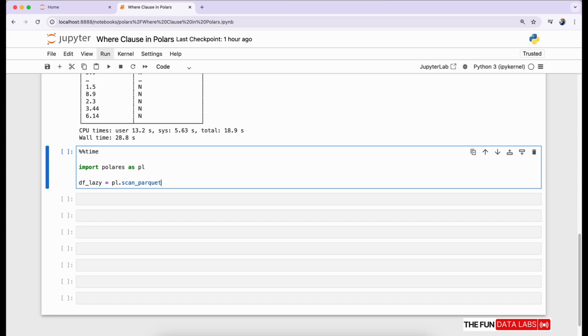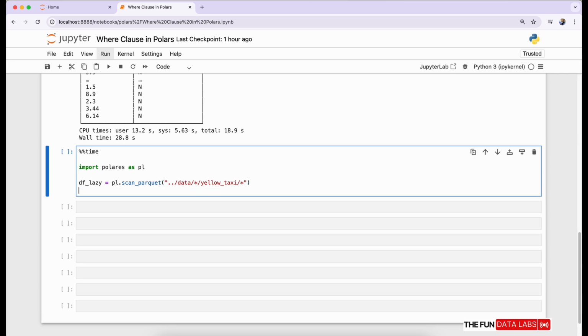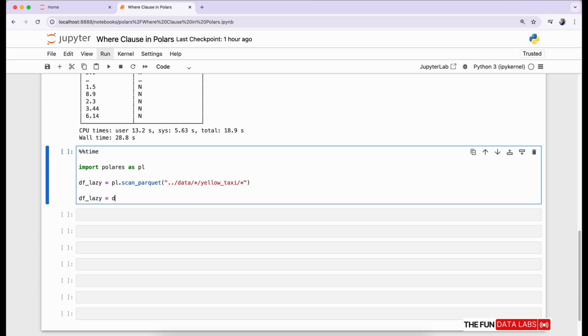Get the path of the data folder where we are using the yellow taxi data folder to read all files in it. We are using data from 2010 to 2022 yellow taxi data, so we are using wildcard star in the year and month sections and create the df_lazy variable.